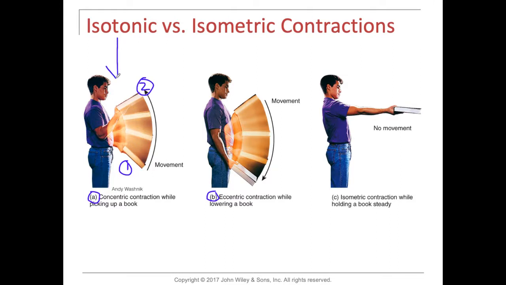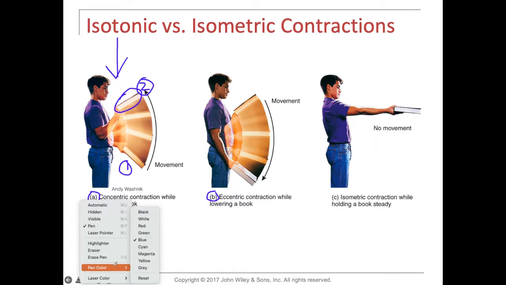Remember, gravity is working downward, and here is the resistance. In this case, it's a heavy book, but it could be a dumbbell, a weight, or anything. So you have gravity working downwards, and the resistance or load, which has weight, pulling downward, but the person is able to generate enough tension